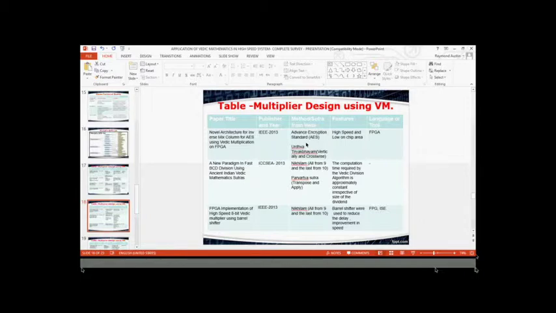Another work presented in IEEE in the year 2013 was the FPGA implementation of a high-speed 8-bit Vedic multiplier. They used the Nikhilam Sutra, all from 9 and the last from 10. It was implemented and verified using FPGA,